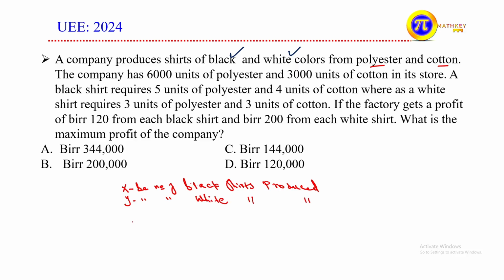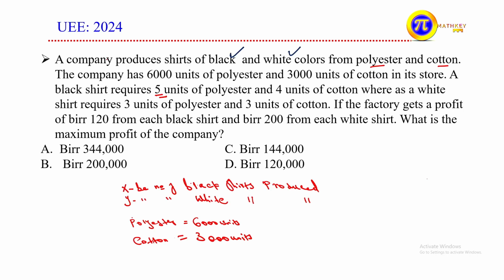And these shirts are produced from two types of materials we have. Materials in store: 6,000 units polyester እና 3,000 units cotton. So that means the total availability of polyester is equal to 6,000 units. Similarly, the availability of cotton is equal to 3,000 units. And a black shirt requires 5 units of polyester and 4 units of cotton. So here we have black, here we have white shirt. Company የሚፈልጋል to produce a black shirt, black shirt ለማምረት 5 units of polyester እና 4 units of cotton